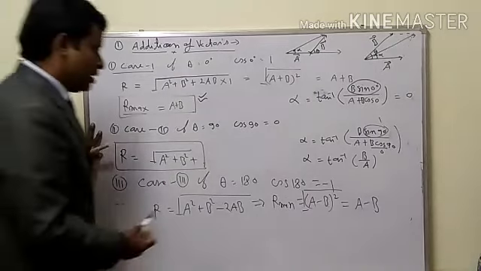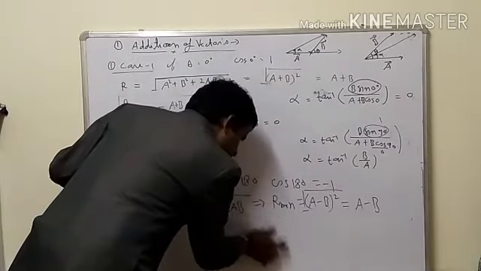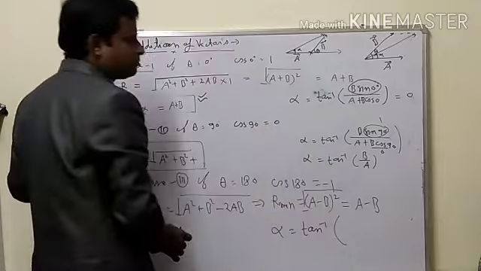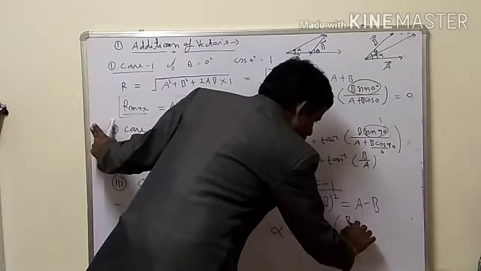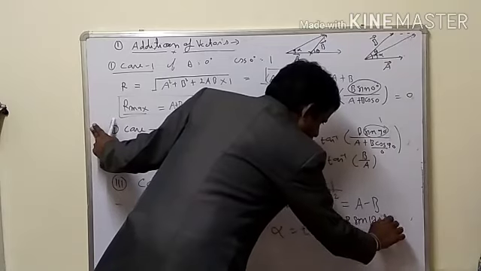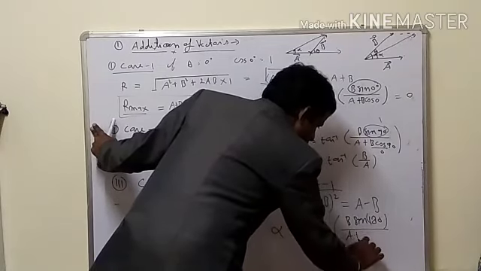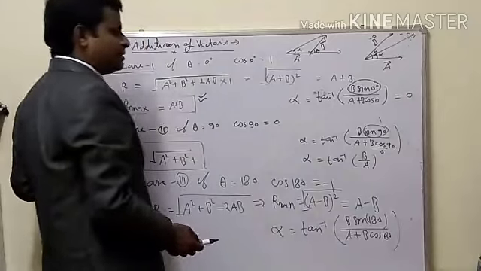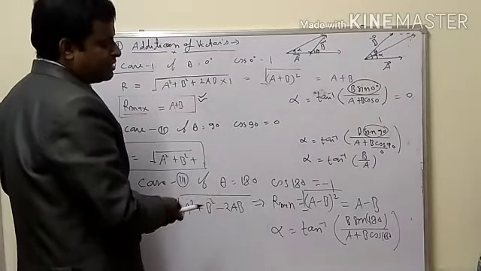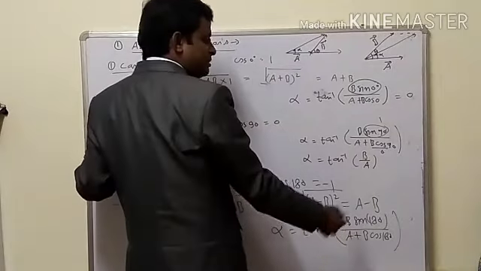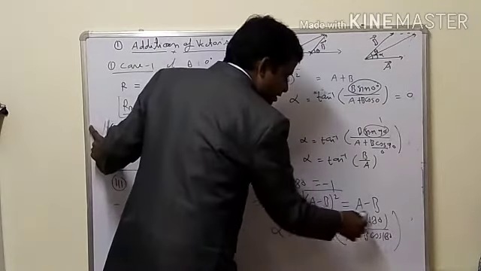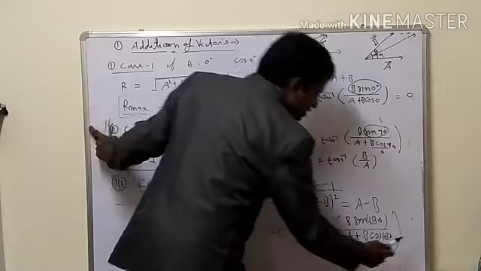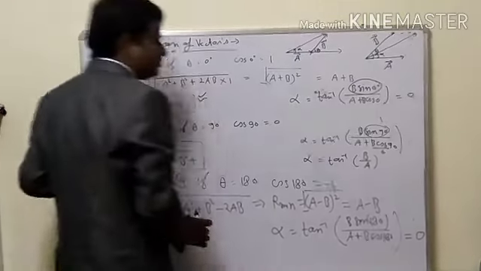In this case, if you want to find the direction, so alpha is equal to tan inverse b sin 180 upon a plus b cos 180. So you know that sin 180 is what? In this case, sin 180 will be sin of 90 plus 90, means cos 90, that means 0. So in this case, the numerator will again be 0, and this will be a minus b. So 0 upon this, then you will write it as 0. So only the direction will come, as in the second case.